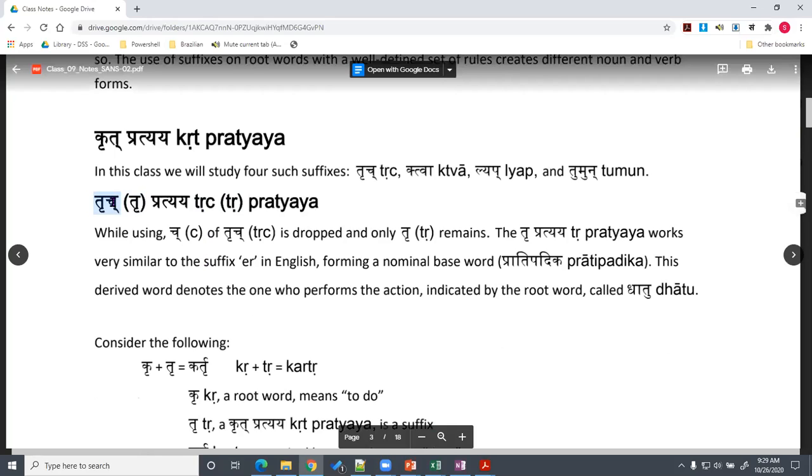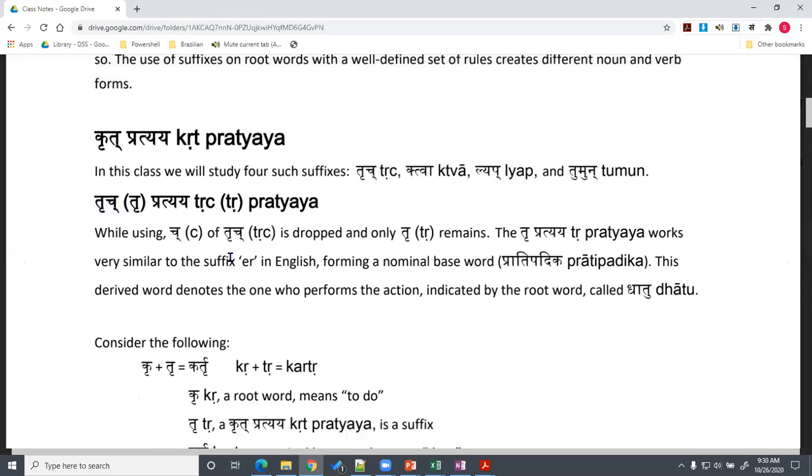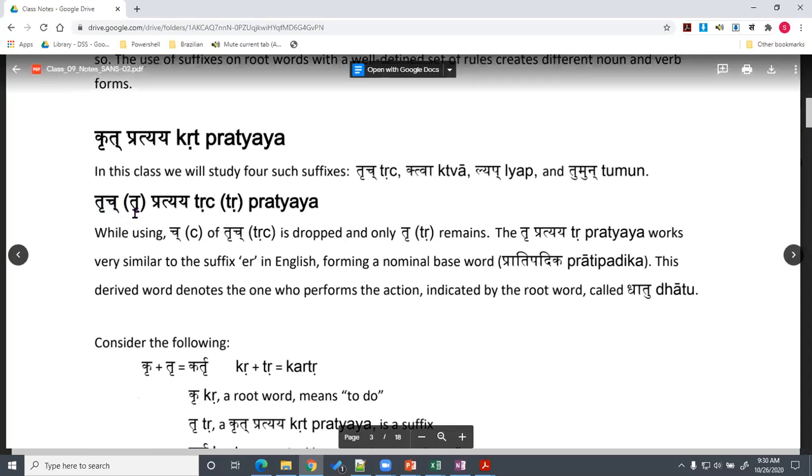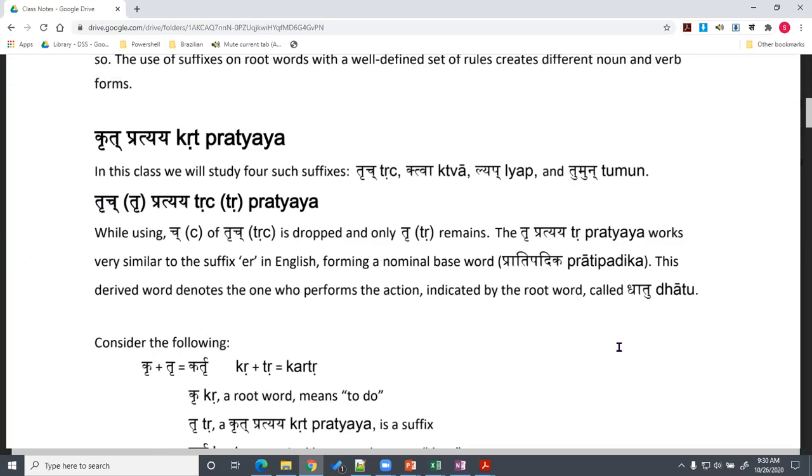Chakara is dropped, and there is a whole science behind it when you study Panini: why certain letters are dropped, what is the reason, what is the purpose he put these letters and then dropped them. Even if the letter is dropped, Panini has created certain other rules in the grammar, based upon which letter is dropped, certain other operations take place on that word. So that's like a mastermind to come up with this structure in a language.